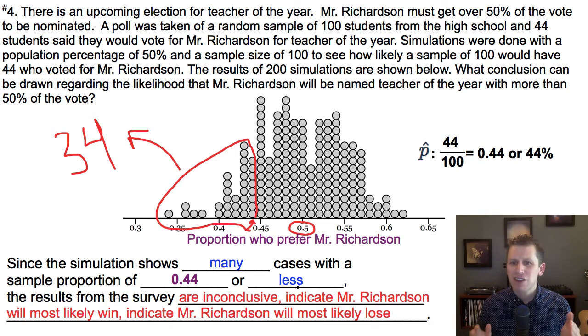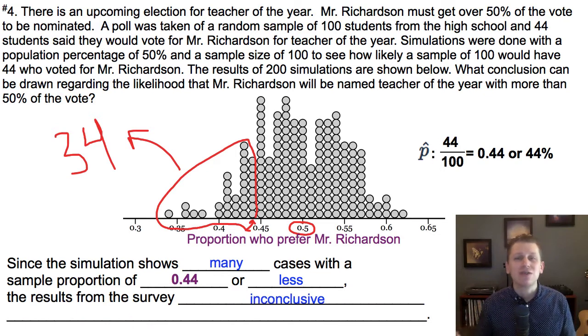Well, this is actually very tricky. Think about how many of the votes I would need to be Teacher of the Year. I would need to get more than 50% of the votes. And what this is saying here, that it's very likely that if 44% of our sample said they'd vote for me, that I might have 50% of the students. But even if I have 50% of the students, I'm not so sure that I'm going to win the election for Teacher of the Year, because somebody else might, which means that these results are most likely inconclusive. I can't tell if I'm going to win or not,